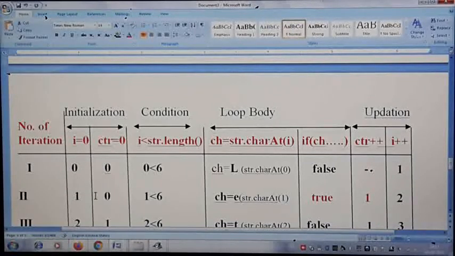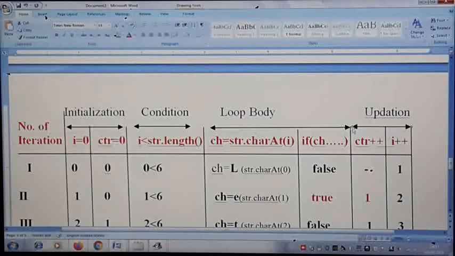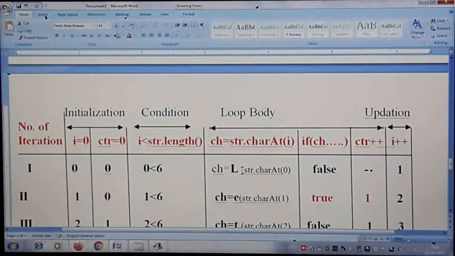Now in the loop body, the updation is only i++, and the rest is the loop body part. Here ch, the first time, is the character at index 0, because i is pointing to 0. str.charAt(0) is letter L. We take L, and that L is compared with the search letter. The condition we have written is if ch is equal to search.